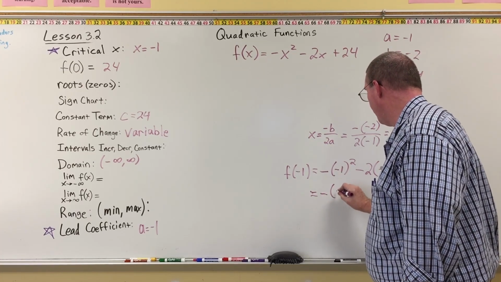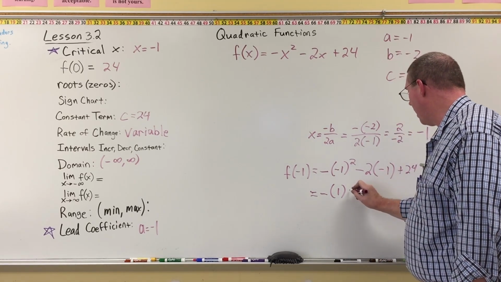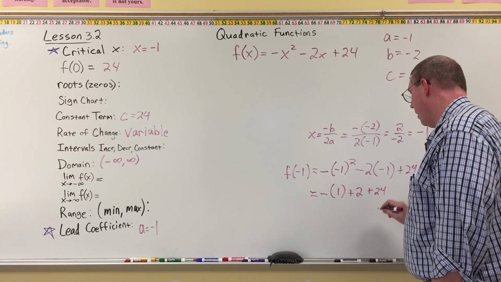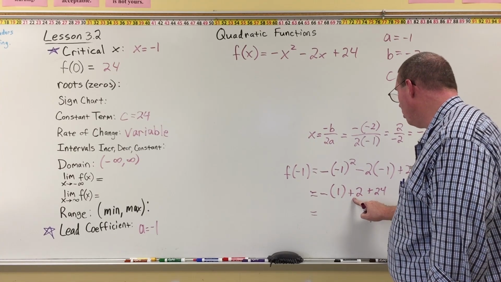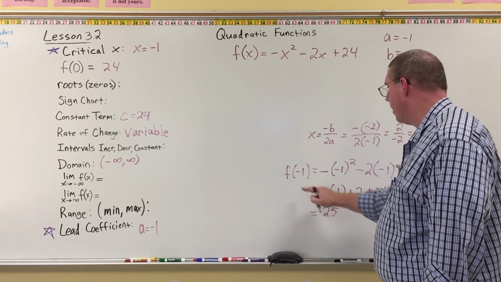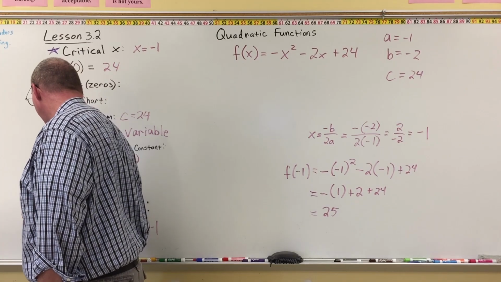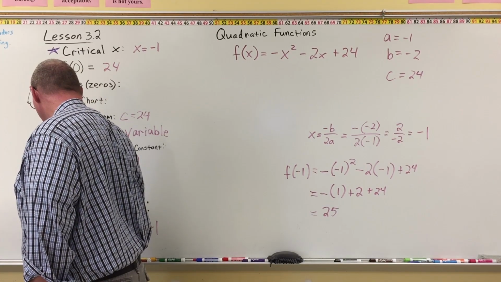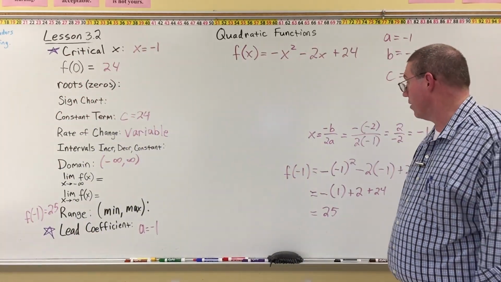So we have negative 1. Negative 2 times negative 1, that's positive 2. And then plus 24. And so what we wind up with is negative 1 plus 2, that's 1, plus 24, that's 25. And so f of negative 1 is equal to 25. That's going to be useful when we do the range and probably some of the other things that we do,